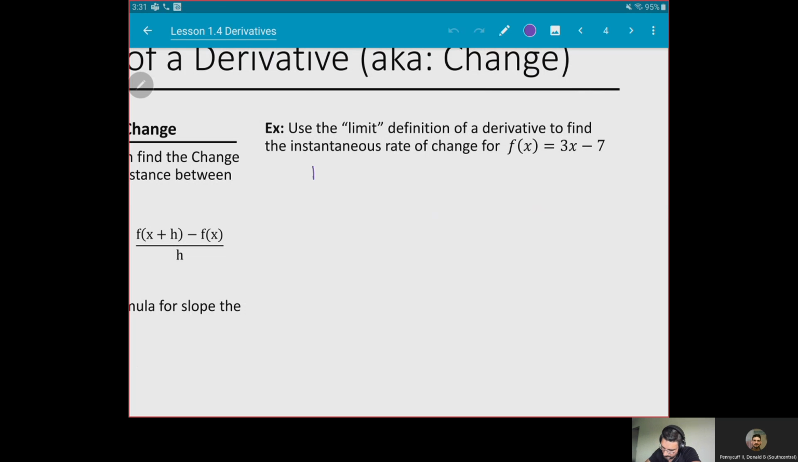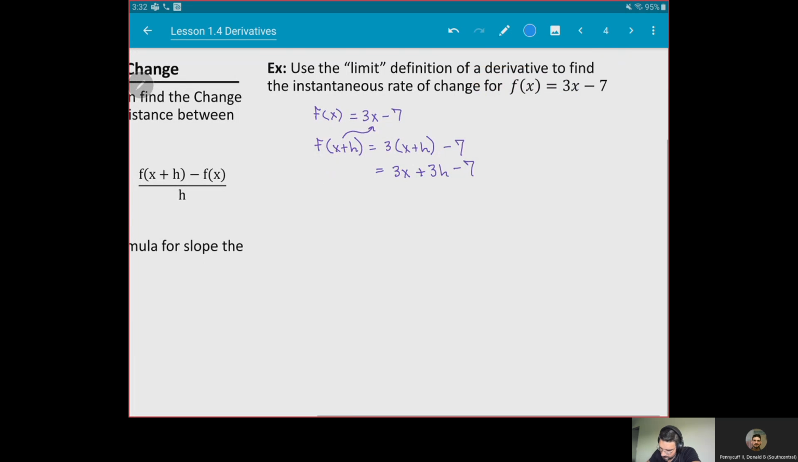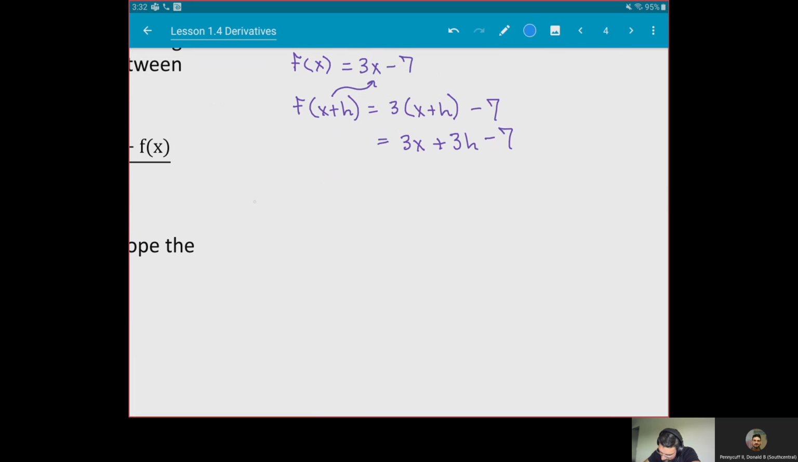So the first thing we need is f of x, which we already have. And so that is 3x minus 7. Second thing we need is f of x plus h, and all we do is take the original and plug that x plus h in for it. Boom. Distribute the 3. And I am ready to plug into the equation. So the equation is the limit